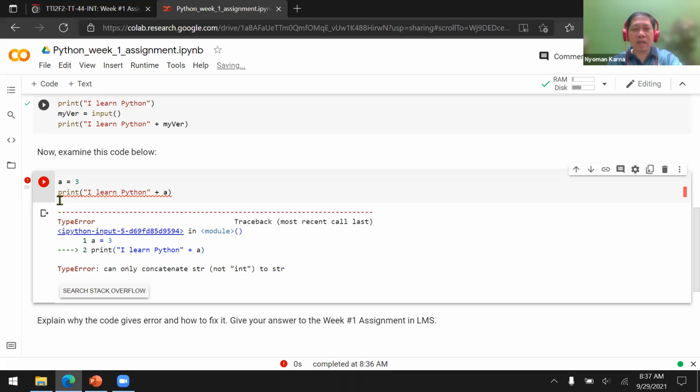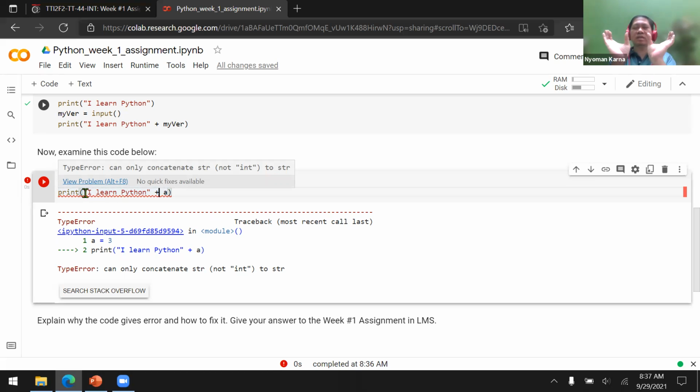I'm trying to print I learn Python, and then the operator is plus. Plus means I'm going to concatenate two strings into one string. In this case, I learn Python is a string, but A is not a string, so it will give an error.